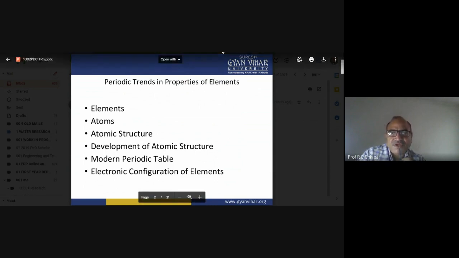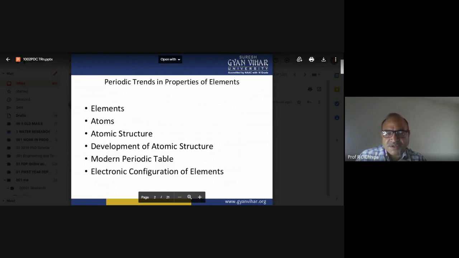Now, electronic configuration is well known. We have already discussed the electronic configuration of elements in this video lecture. Now one more thing is how electrons are arranged, which is also very specific in their respective orbits. And one more thing: where is the electron present? The electrons are present in their respective